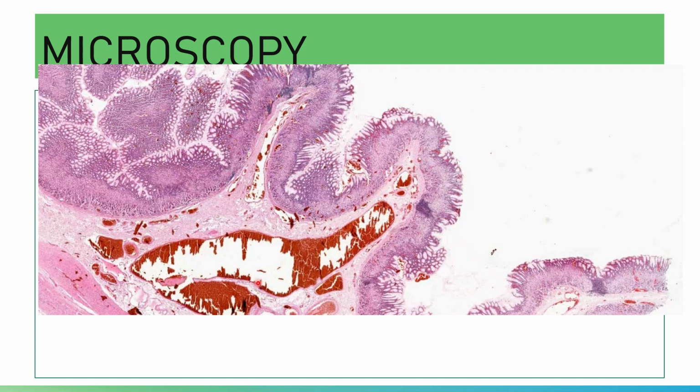This is an image that is produced using a bright field microscope. Yes, it is a stained one. As I said earlier, the object takes up some of the light, or the stain takes up some of the light, providing contrast. Of course, the background here is bright. This is the image, the object.